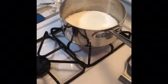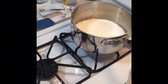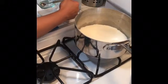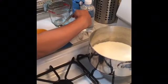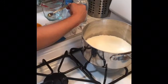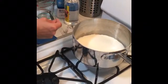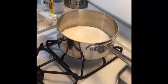So the milk just started to boil. I'm gonna lower the heat. Okay, and now I'm gonna start adding just a little bit. It's a 1/4 teaspoon. Okay, so I'm gonna add a 1/4 teaspoon of white vinegar